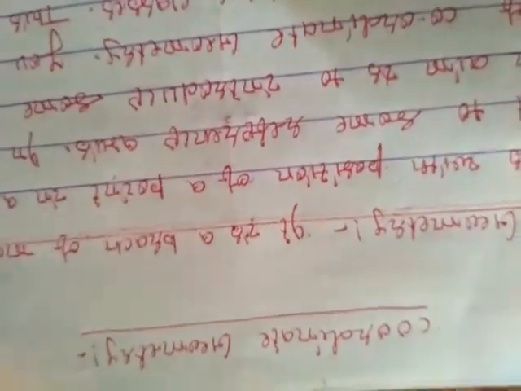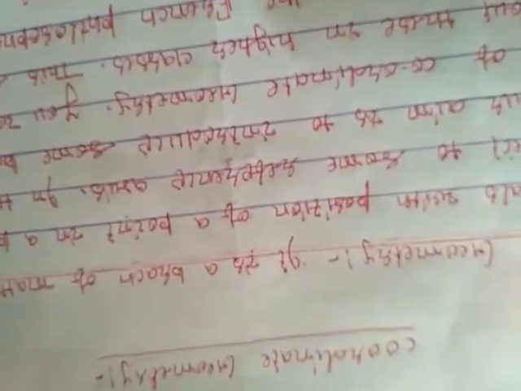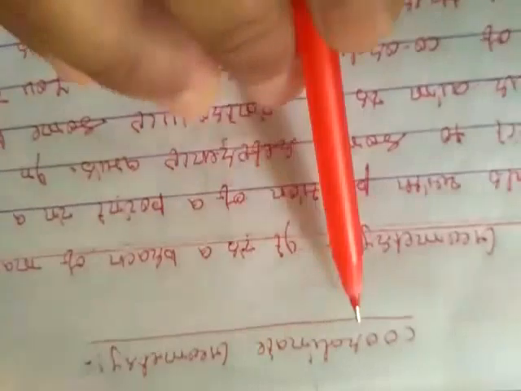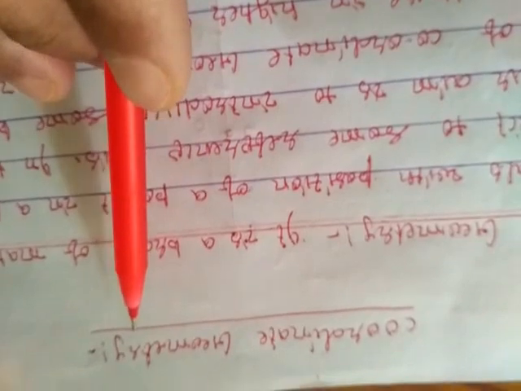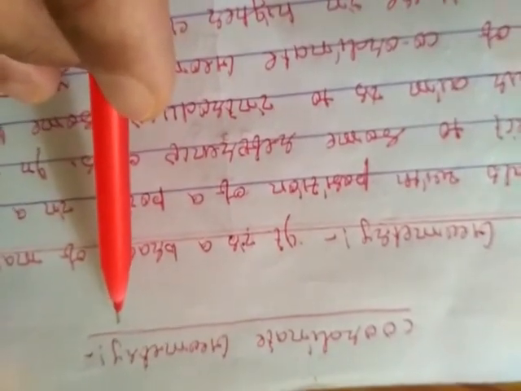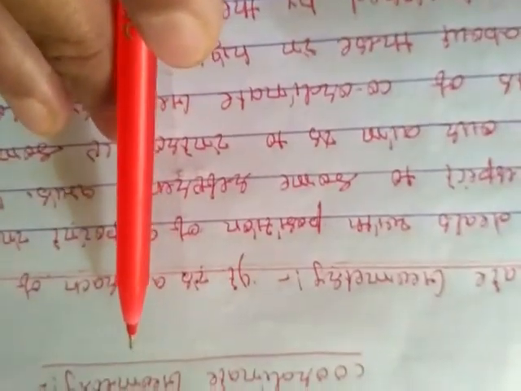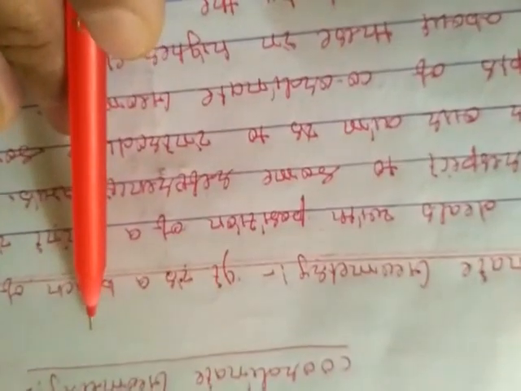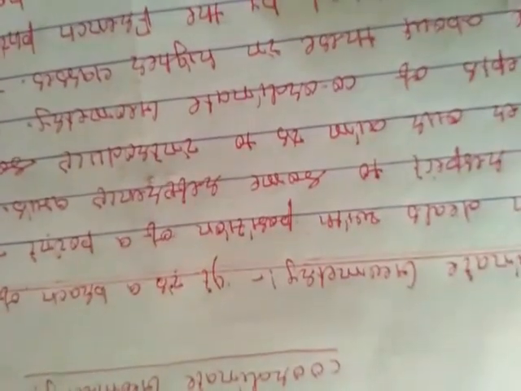After completing the polynomial chapter, today I am going to start a new chapter, that is coordinate geometry. Children, here in class 9th, coordinate geometry is an introductory chapter. In this class, you have to study a very little introduction about coordinate geometry. You will read about this topic in much more detail in your higher classes.